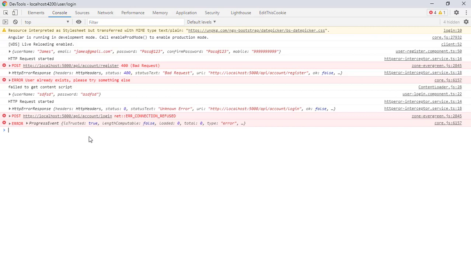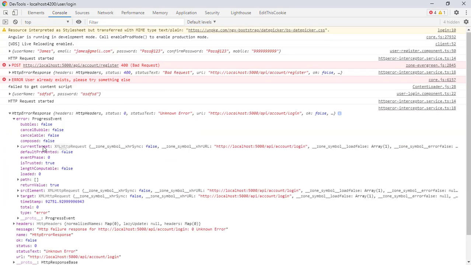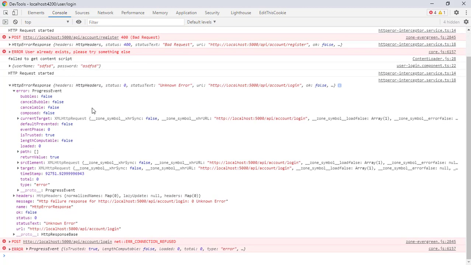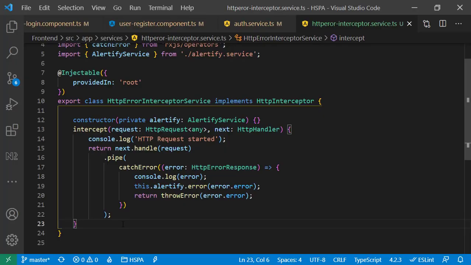And if we look at the console, you can see this time we get this JSON object in the error. It is not directly exposing the error as we were getting previously. And if you look at the other nodes, you can see we get status as 0 here. So whenever we do not get any response from the API or the API server is down, we always get 0 here in the status node. So we can use this status code in our interceptor to display an unknown error, or something else you would like to display to the user on the basis of this status code.